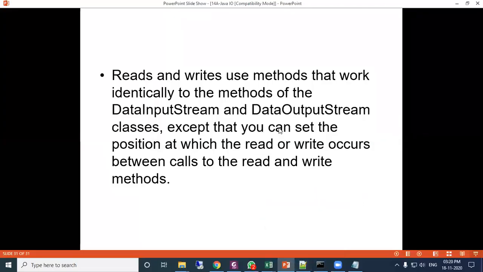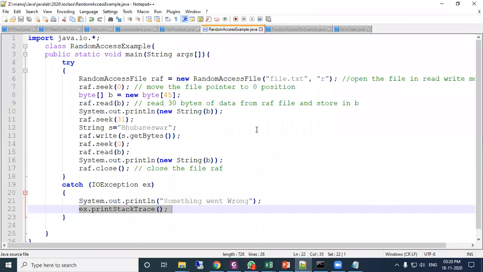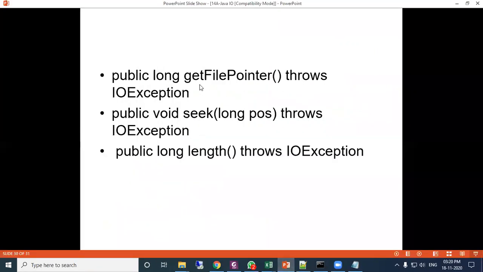Now let us see the other two methods, that is the getFilePointer and length methods. RAF dot getFilePointer, what is the syntax?